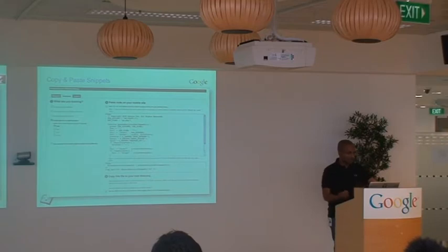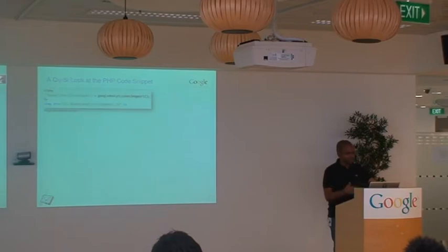So here I can go into my setup screen. I can say, right, I'm building a site especially for a mobile phone. I'm using a PHP server, and then it will give you all the code. All you need to do is copy and paste it into your rendering files there. So let's have a quick look at the PHP code snippet.